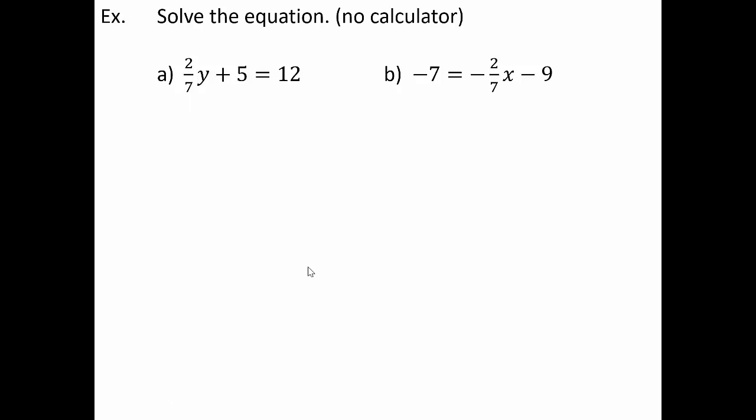with the fraction, then don't deal with the fraction. Simply clear the fraction, just like we did with dividing fractions in that Fun with Fractions lesson. Anytime you want to get rid of a fraction, just multiply everything by the common denominator. In this case, the common denominator would be 7. If I multiply the entire problem by 7, that would become 2y right here plus 35 equals whatever 12 times